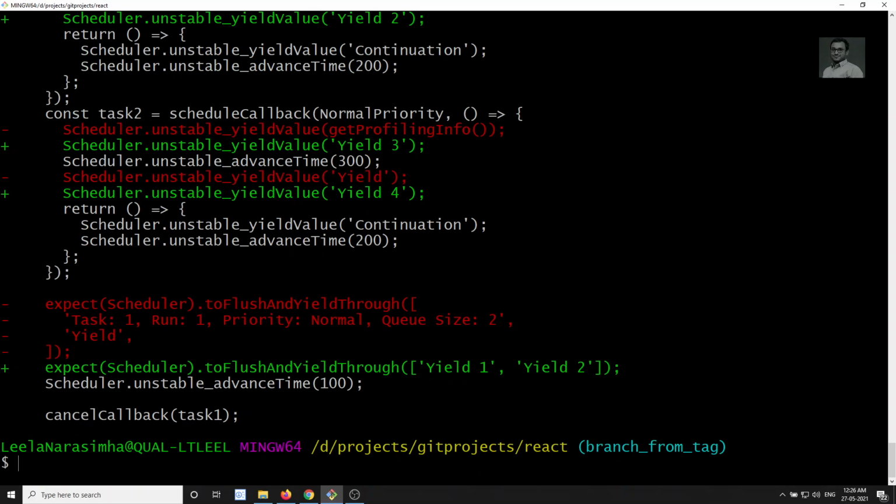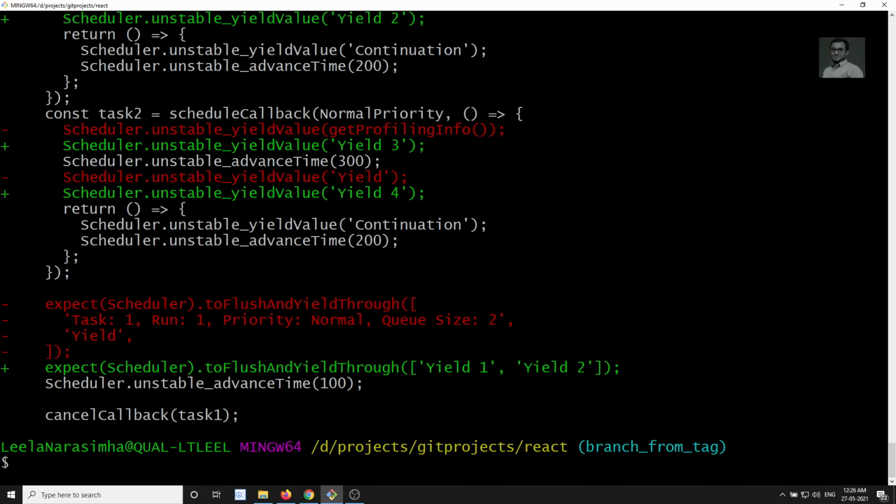If you want to check out a particular tag, you can write git checkout and the tag name. And if you want to check the difference between two tags, what files have been changed, we can use the command git diff tag name 1 and tag name 2, so that we see all the files that have been changed between these two tags.